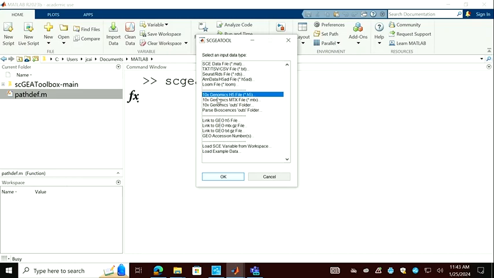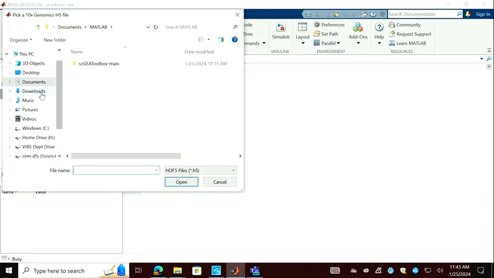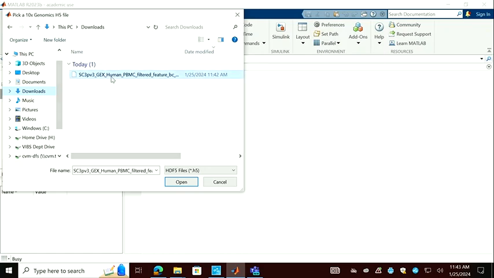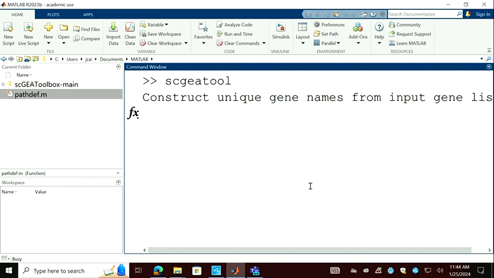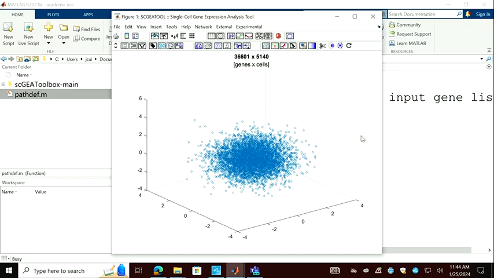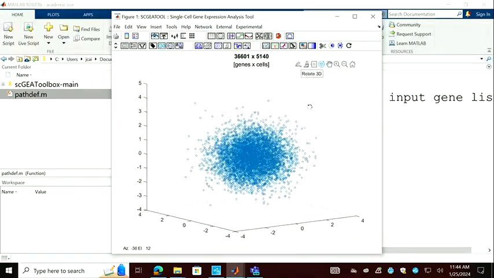You select the 10x Genomics H5 file. I just click, and I know it's in the download folder, so I select this. Again, it should work. Sometimes the program crashes. Okay, so in this case, we can easily read in this 5,000